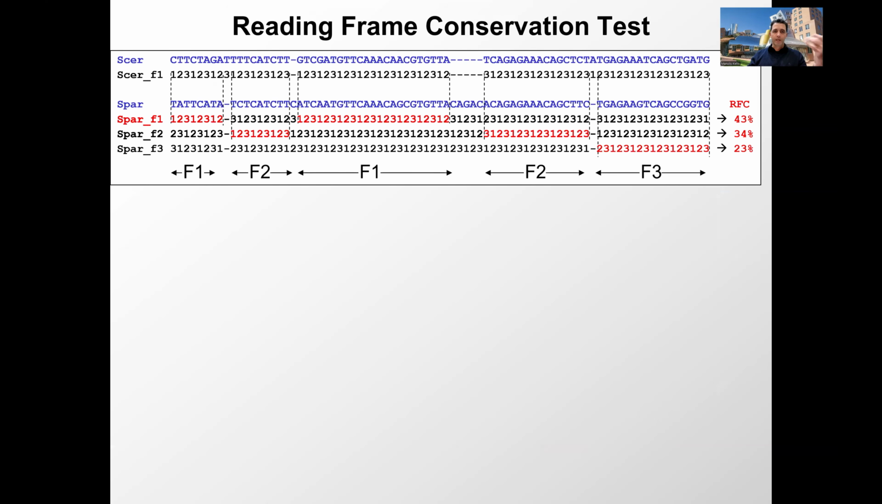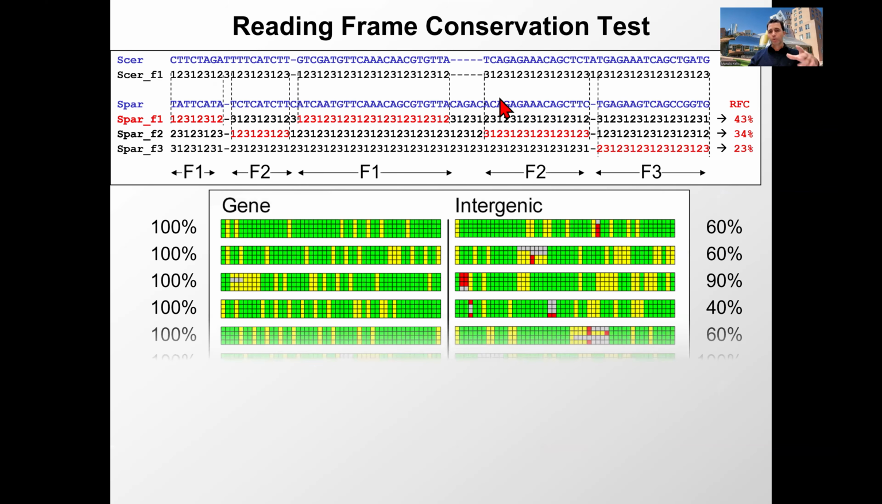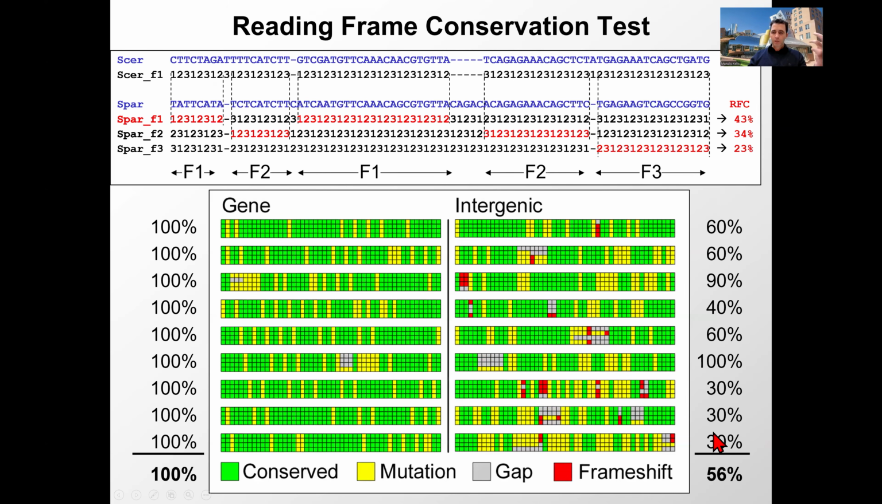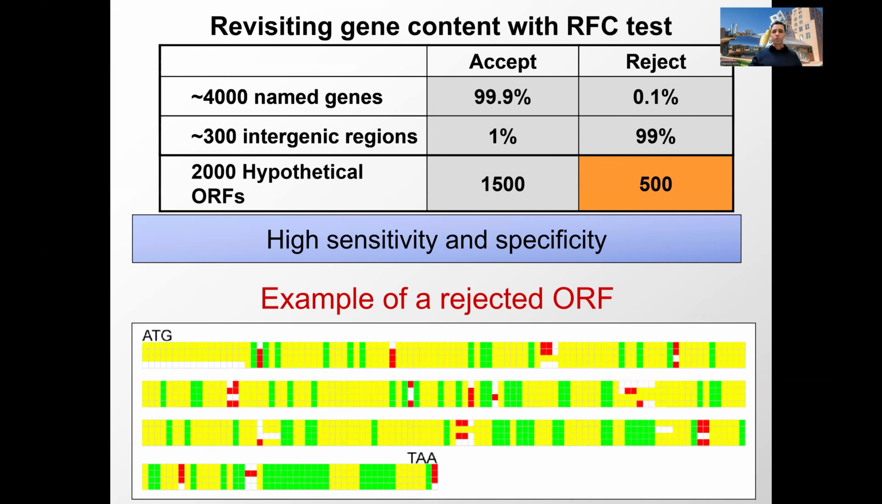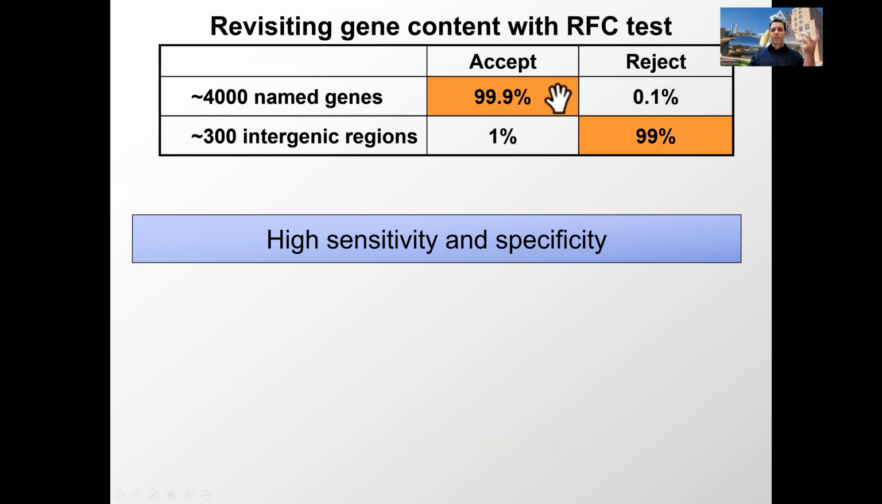And you can measure that by choosing the reading frame that would show the most conservation. And on average, you expect to see much, much less for neutral conservation. So you can use this to now go back and revisit the annotation of a genome. For example, in the yeast genome, there were 4,000 genes that were annotated with a name, suggesting that they have a known function. And you could take 300 intergenic regions that are unlikely to be protein coding. And what you can see is that this reading frame conservation test alone is able to have 99% sensitivity and